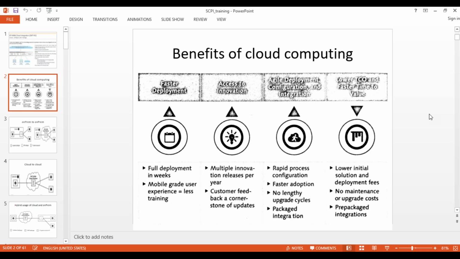When you compare with on-premise ERP systems, when a customer wants to use an ERP system, there is a big process like purchasing the software, hiring the team, installing the software, then configuring and maintaining. All these things are there. But now the installation and maintenance of the system are not required because SAP is offering that part.